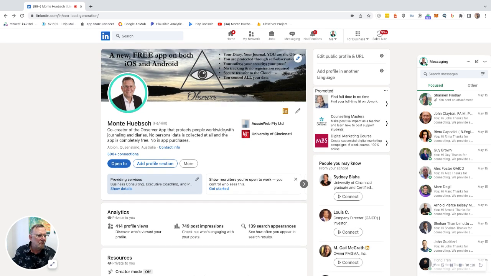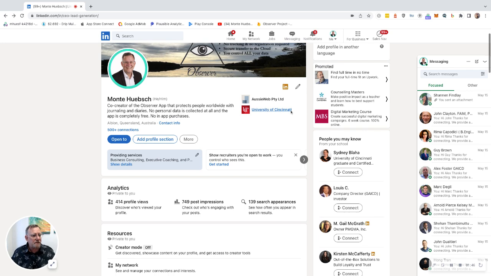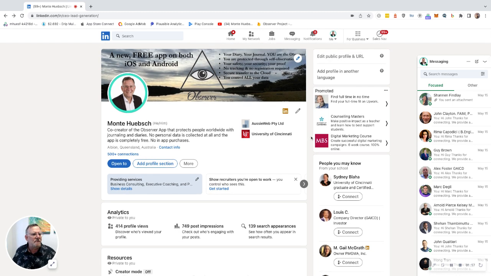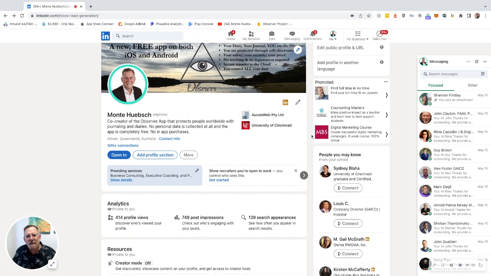So I'm going to use my own profile here just as a little bit of an explanation. Recently, within the last year, we've created an app called the Observer app. It's a free app. It's supported by advertising dollars on some banner ads. And what we've done is we've turned my business profile, which traditionally has been an electronic CV, which, by the way, we still have all that information. We've just pushed it down the page and turned the top of the page into basically a mini website.